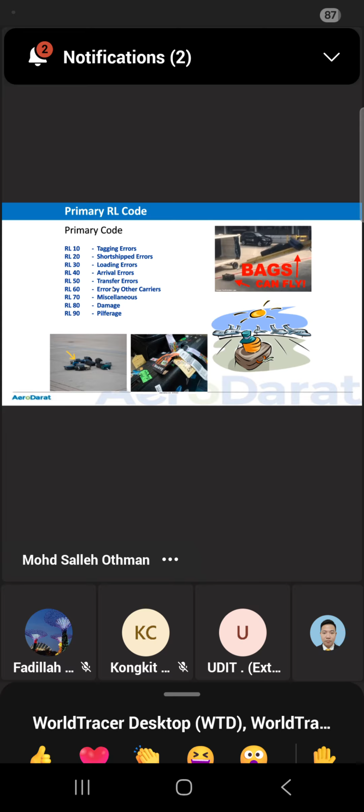Next, we have transfer error. This one is usually done by the baggage handling or delay team, or maybe the conveyor team. We transfer passengers when an aircraft is technical, aircraft on ground. We are able to transfer the passengers to the other flight, but we fail to transfer the baggage on the same flight with the passenger, and the baggage remains in the old aircraft. So it's mostly about transfer error.